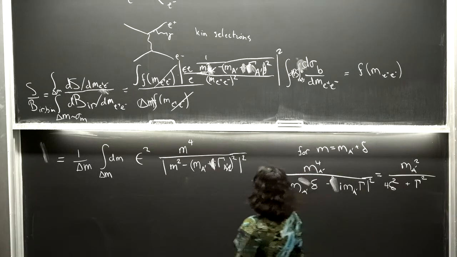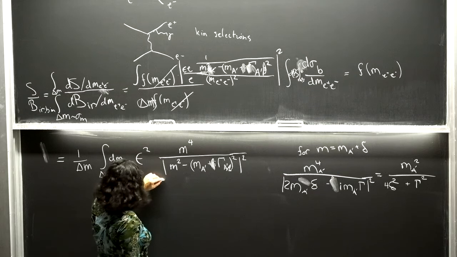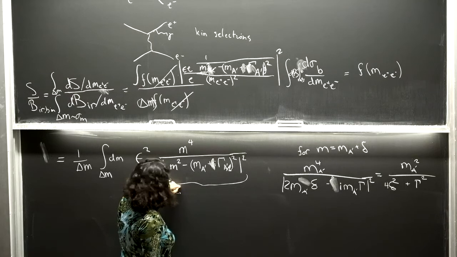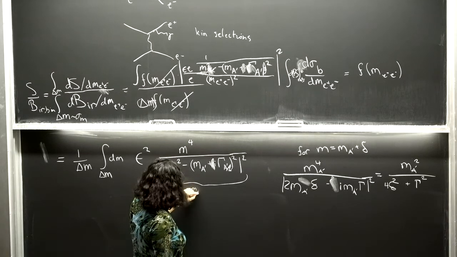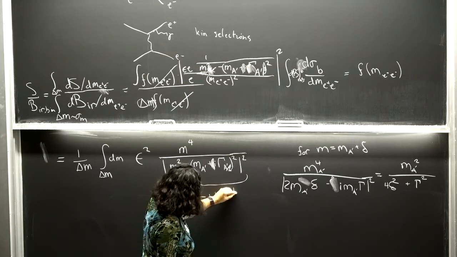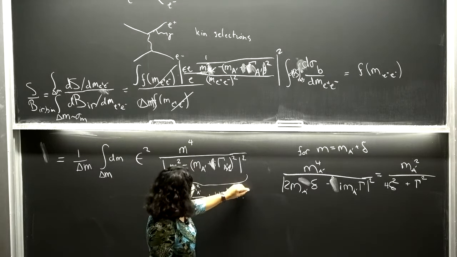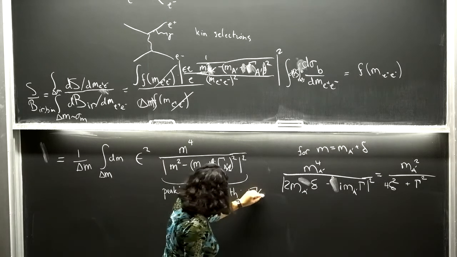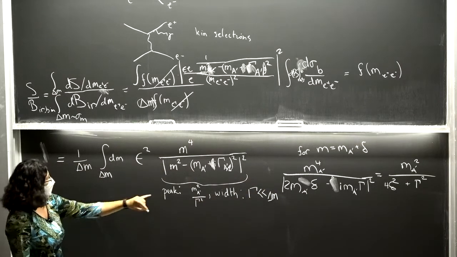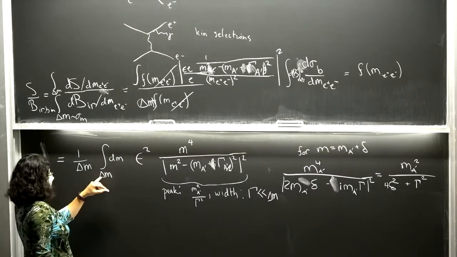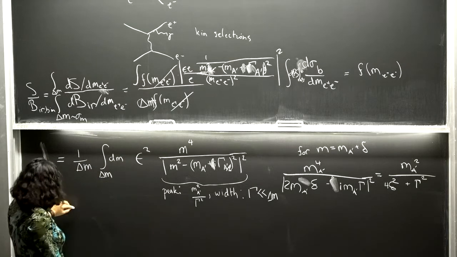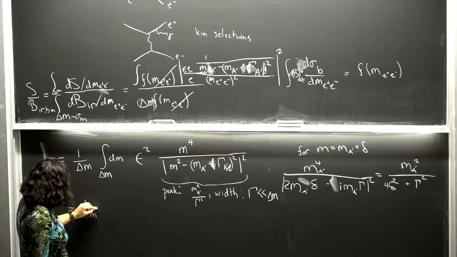So that gives me this thing here is actually a function that has a peak value when delta equals 0 of mA prime squared over gamma squared. A width of gamma, which is much less than this delta m window, which means the contributions outside of delta m don't matter. This is really dominated by the resonance peak. And that gives me 1 over delta m